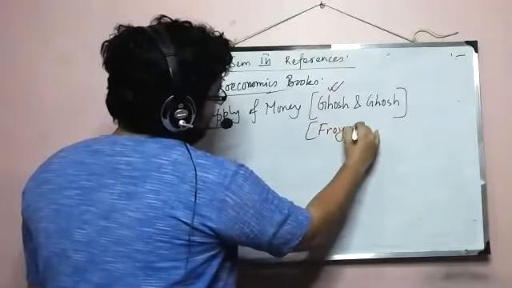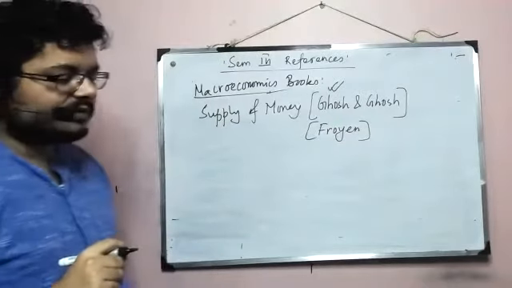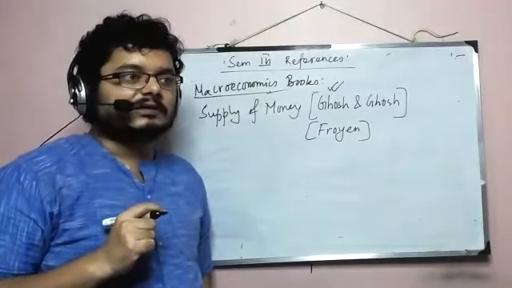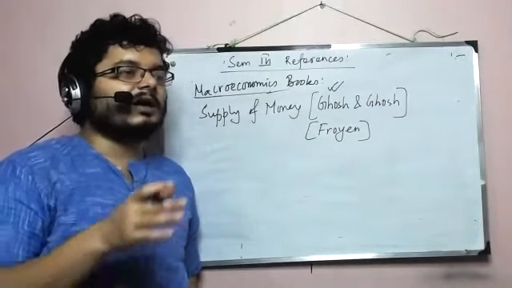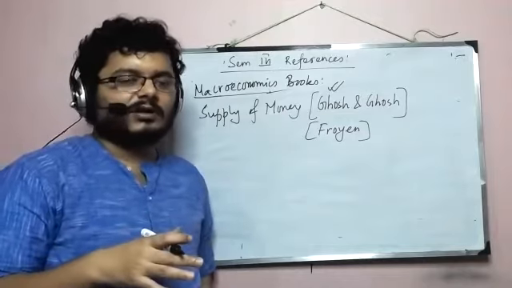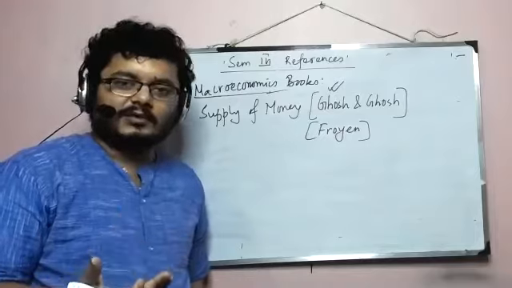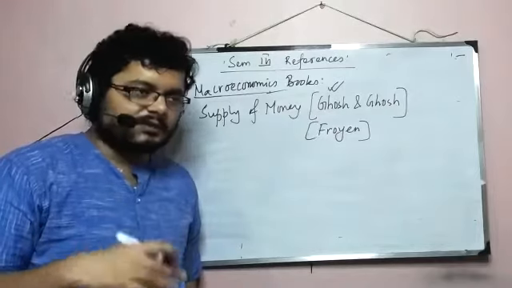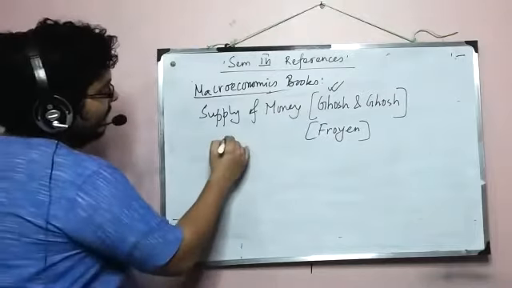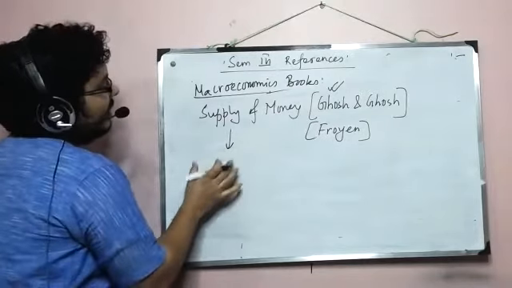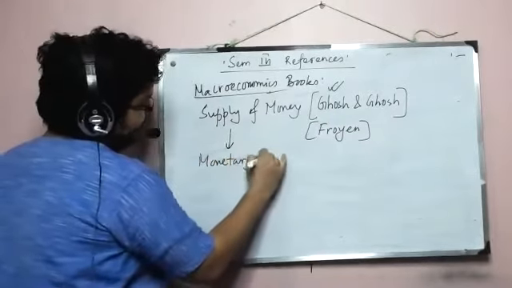Okay, it has obviously good expositions, but regarding supply of money, you need to know the Indian side, because when you are studying macro sitting in India and talking about supply of money, you must know how RBI defines the types of money, how they segregate it, how they work with it, the policies that they work with, and to what effect. Okay, so in supply of money, we will also have a small discussion on monetary policy.